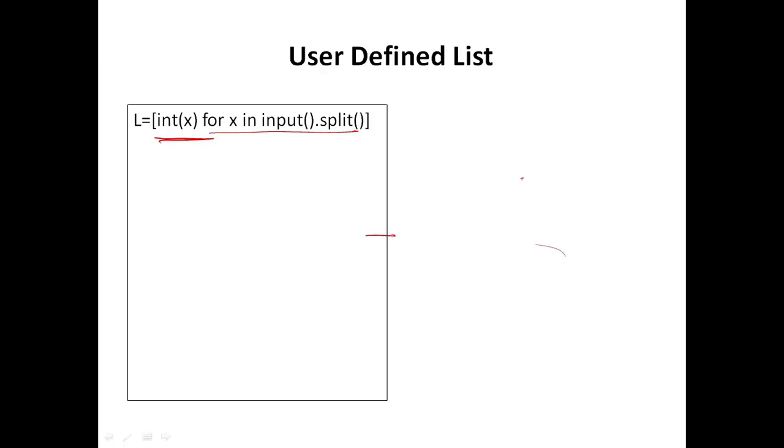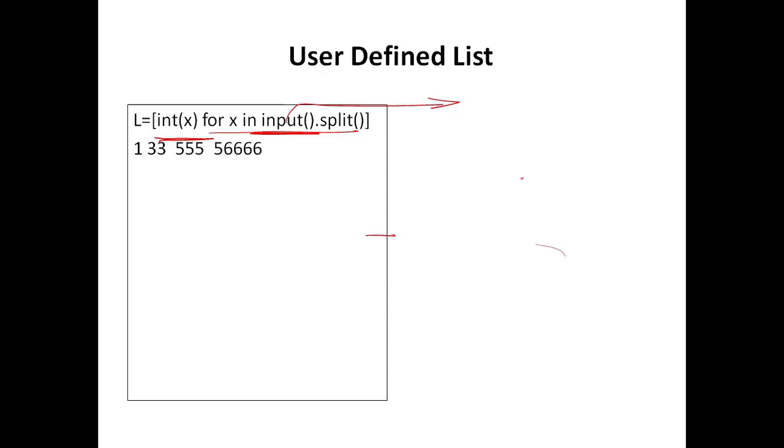So how does this work? The input function generally accepts a string from the user. So first, this input function will accept a string. Suppose the user enters the string 1 33 555 and 4 times 6. Suppose this is a single string which has some spaces between its characters.